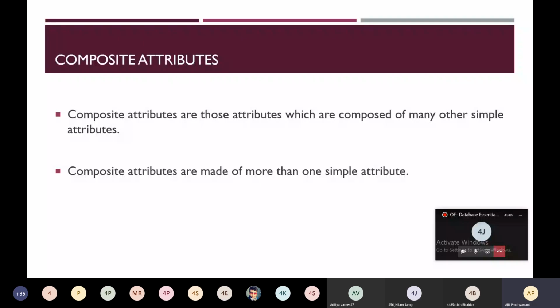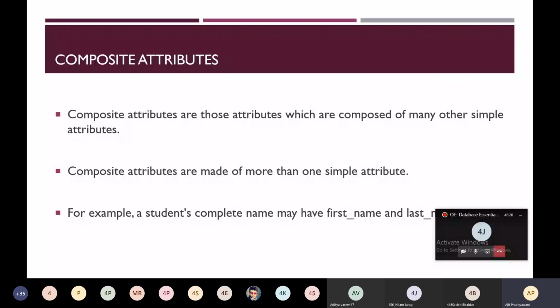Composite attributes are made of more than one simple attribute. For example, a student's name will have first name and last name. So student name is composed of first name and last name. We'll see what a composite attribute is with an example.